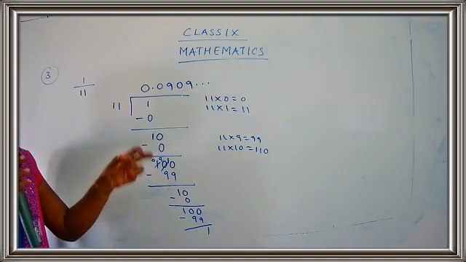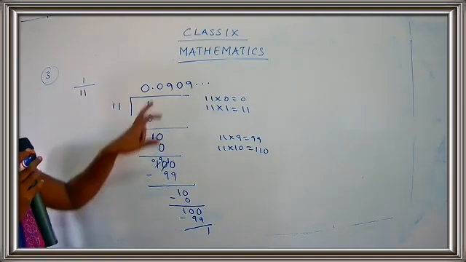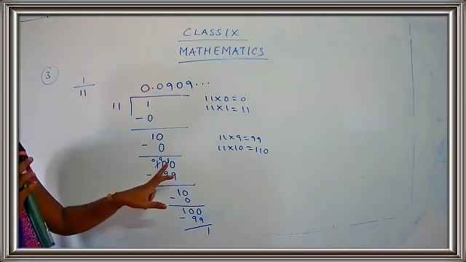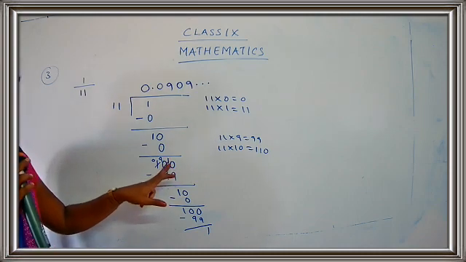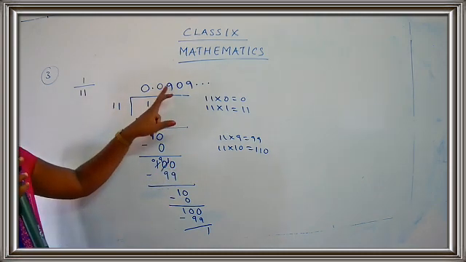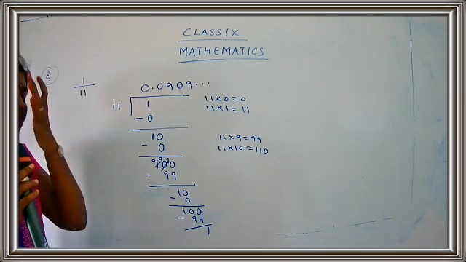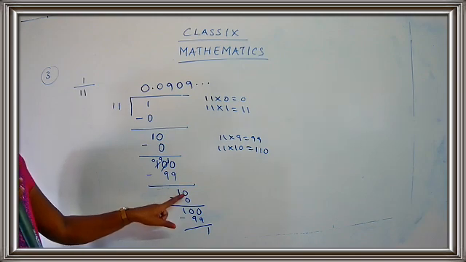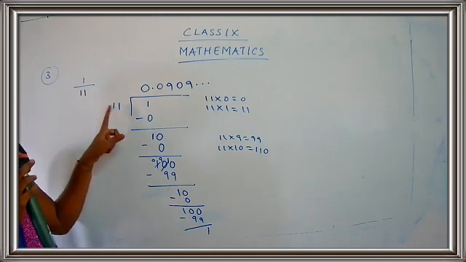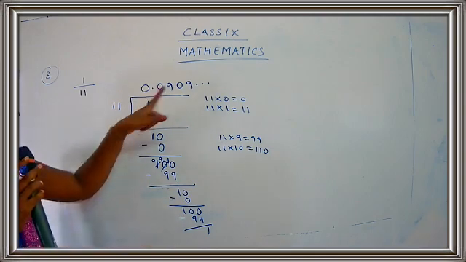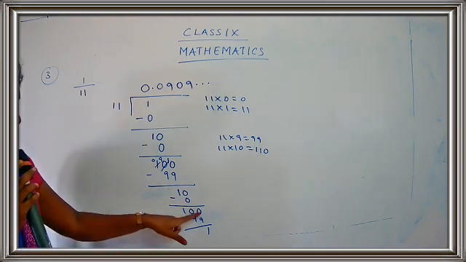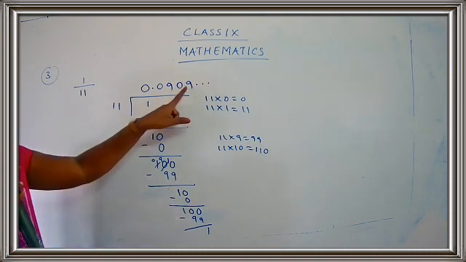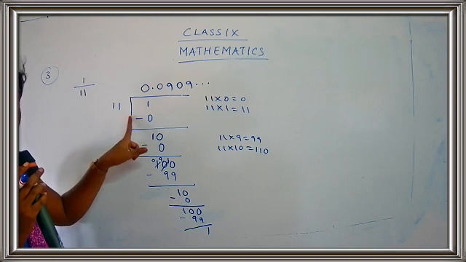When I put 0, again I get a number which is less than 11. So again I am going to put 0. So 10 minus 0 gives you 10. I can add a 0 again. So I get 100. 11 into 9 is 99. The closest number to 100 is 99. So 100 minus 99 gives you 1. I'll add once again a 0. Okay. So 10 is less than 11, so I'll put here 0. Again I'll add a 0. I get 100. 11 nines are 99. So I get 9 again. So what is the answer I am getting here?